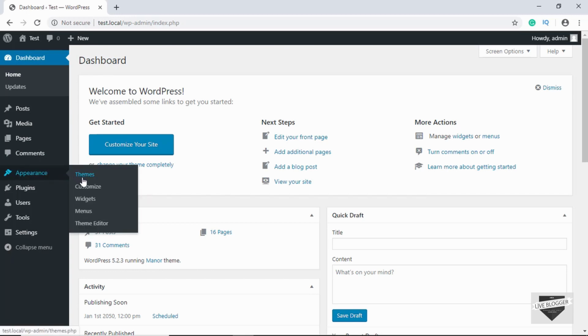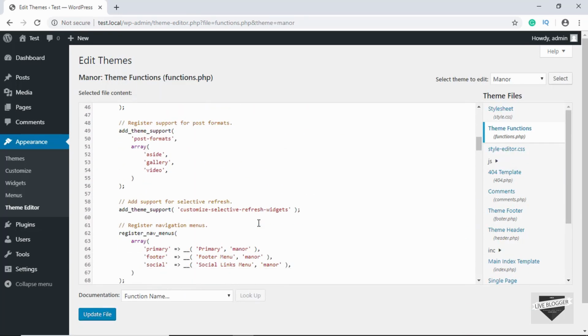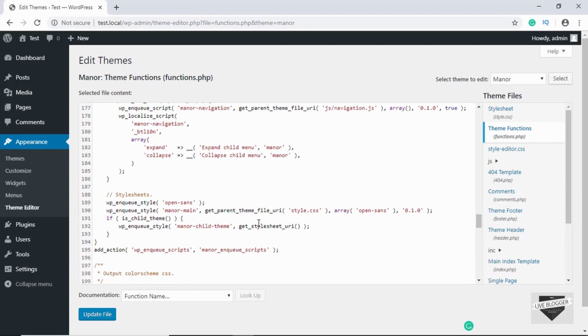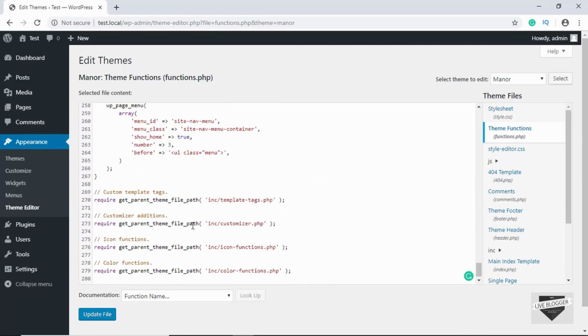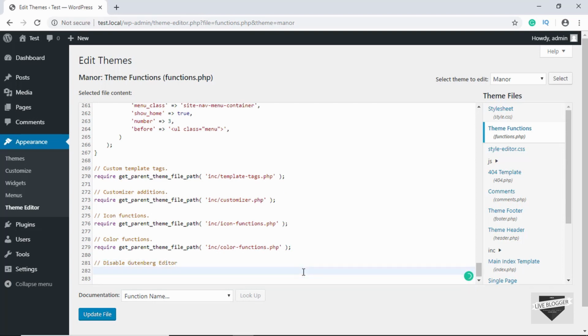So just go to appearance and click on theme editor, and then you have to go to the functions.php file. So just click on this theme functions file and just go to the end of the file, and here you have to add a filter. So we'll just add a comment and we will type disable Gutenberg editor, and all you have to type over here is add_filter,